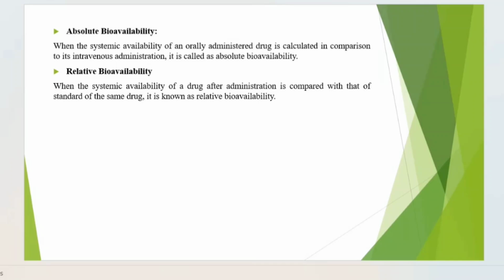And relative bioavailability means when the systemic availability of a drug after administration is compared with that of a standard of the same drug, it is known as relative bioavailability. Means oral route of administration का बायोअवेलेबिलिटी दूसरा जो रेफरेंस प्रोडक्ट है वो भी ओरल रूट का ही है, तो उसके साथ अगर कंपेयर किया तो दैट इज कॉल्ड एज अ रिलेटिव बायोअवेलेबिलिटी. सो दीज आर द टू